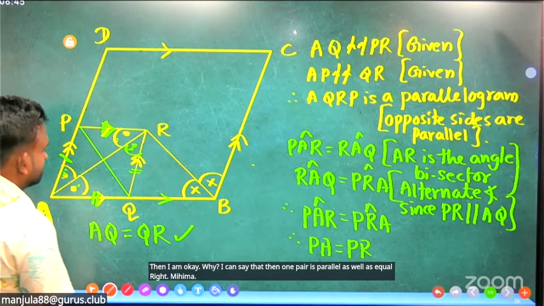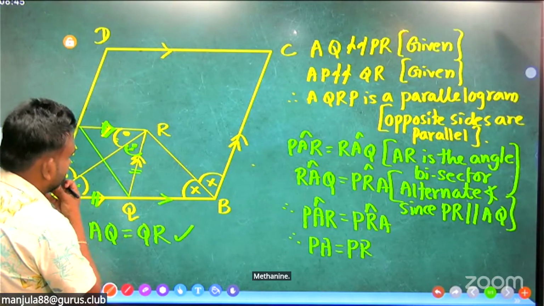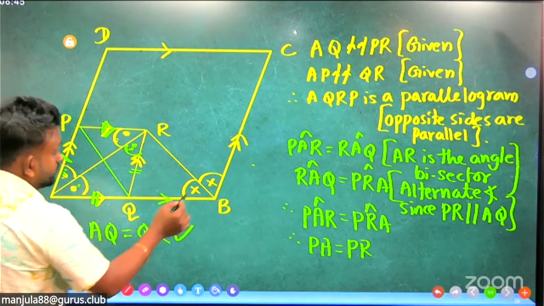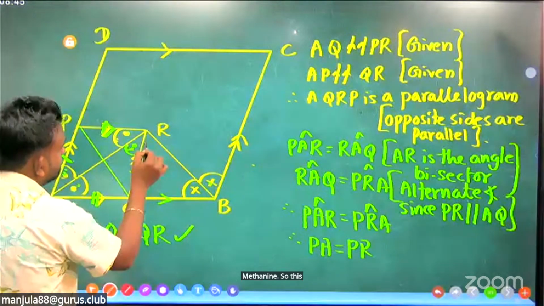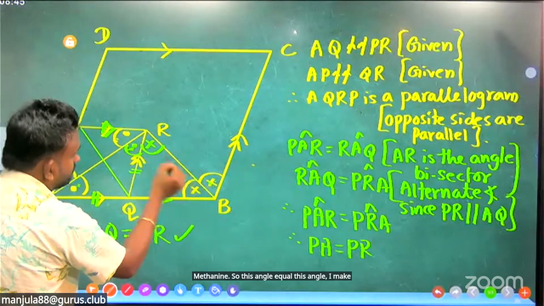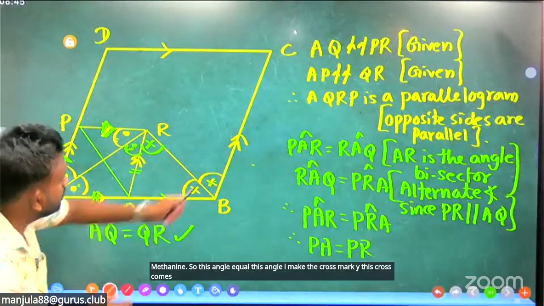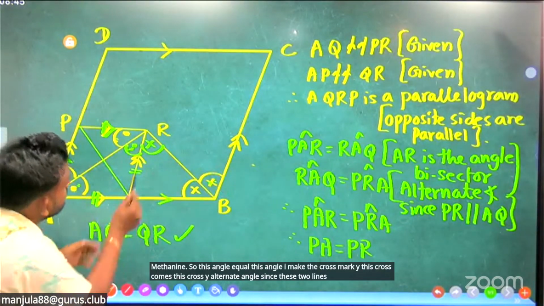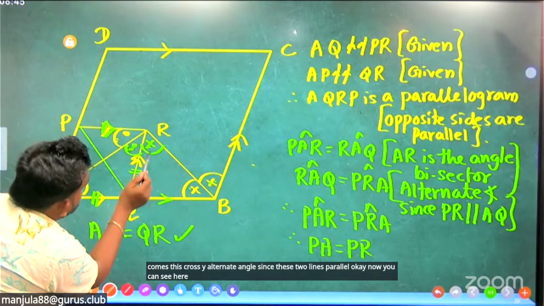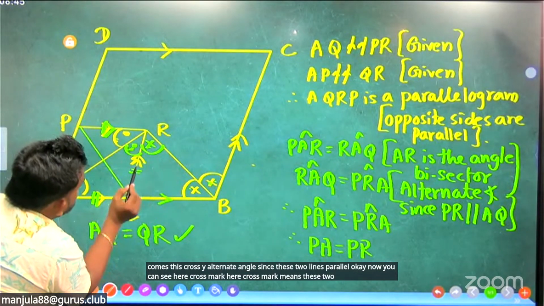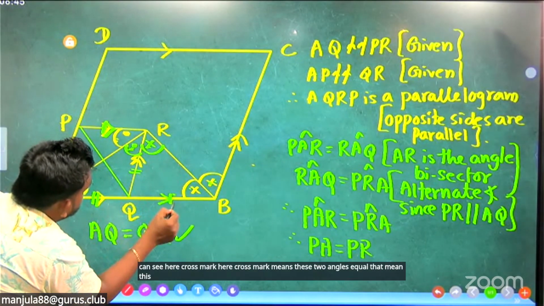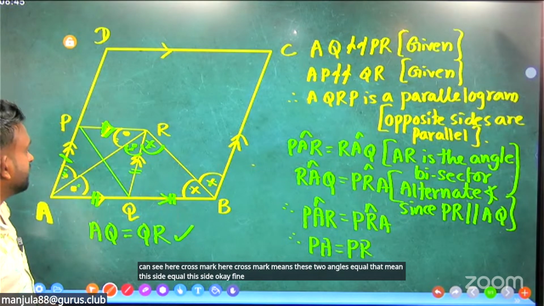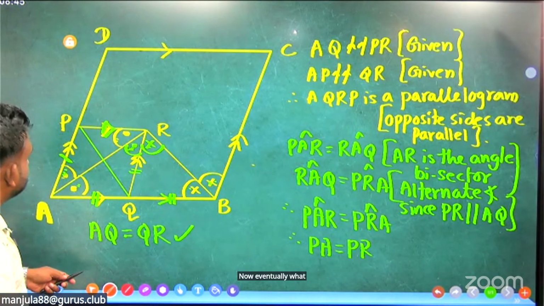So this angle equals this angle. I make the cross mark. Why? This cross comes from this cross. Why? Alternate angles, since these two lines are parallel. Now you can see the cross mark means these two angles are equal. That means this side equals this side. Okay, fine. Now eventually what happened? We proved that